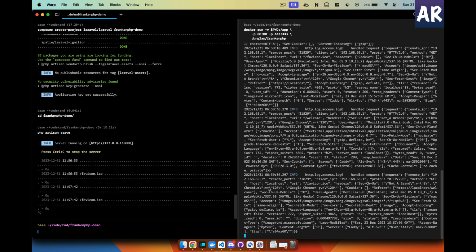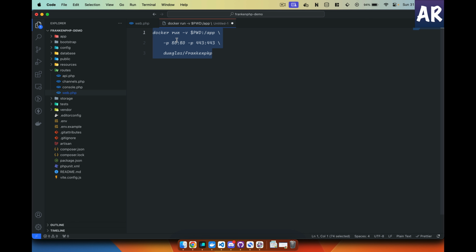Okay, but now this is not much in terms of what we would want to do on production, right? This is not the way we would like our code to run on production, because right now what I have is basically pushing the entire current directory. $PWD means current working directory, right? So I'm basically pushing my entire working directory into the apps folder, and then FrankenPHP is running it from